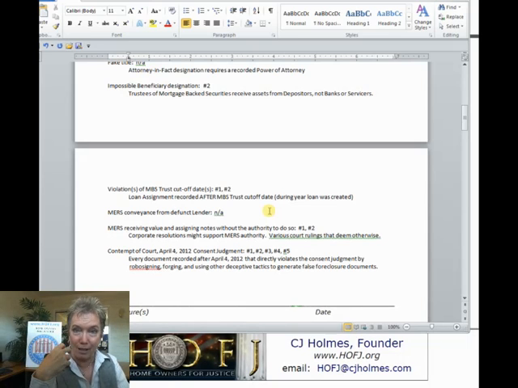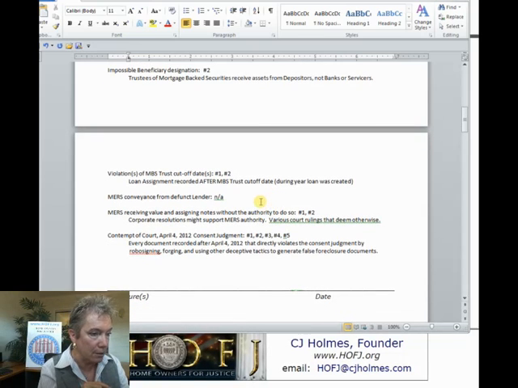You can give me your ideas. We can work this together, and we can get something that's really powerful, simple, straightforward, easy to do, easy to understand, and easy to plaster the planet, because that's the name of the game. We need to do it now, because the sooner we do it, the sooner we can get injunctions against these foreclosure trust mills.